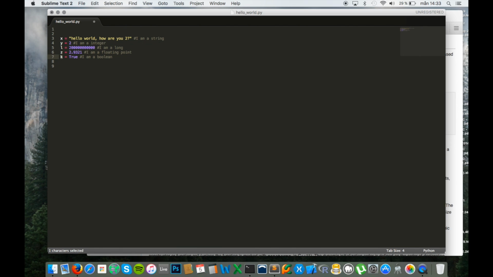And moving on. We'll go through a statement, the most important statement of them all. It will probably be the if statement. And written in Python, the if statement is fairly simple.